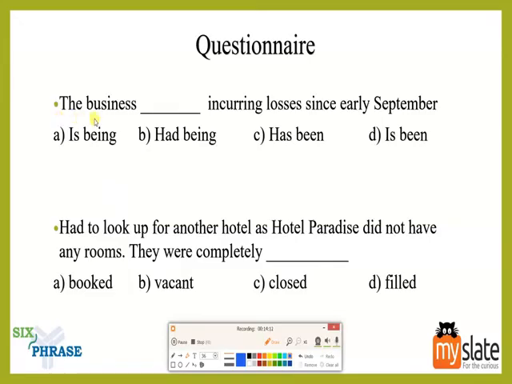The business dash incurring losses since early September. Fine. So you guys, like someone is running a business, okay, and it is incurring losses since early September. So since they are talking about early September, it is not actually the current present, meaning not the direct present. So since it is not, does not work, right? And then they are talking about early September. They are not talking about some years back. Since they are actually saying it in months, meaning it is somewhat near, it is actually a present, right? But not too far past.